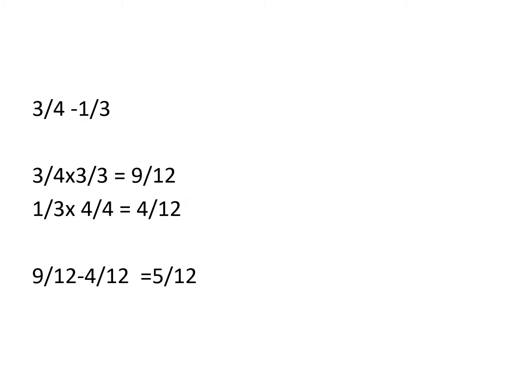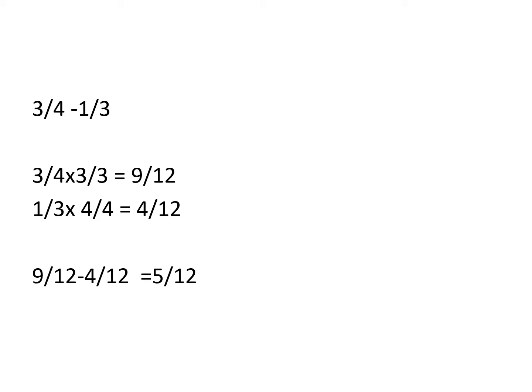The first fraction is 3 by 4 and the second fraction is 1 by 3. Both are unlike fractions. How can you make them like fractions? Yes, multiply the first fraction by the denominator of the second fraction, and the second fraction by the denominator of the first fraction. While we are making the equivalent fraction, we multiply numerator and denominator with the same number. Yes, children, we will multiply numerator and denominator with the same number.